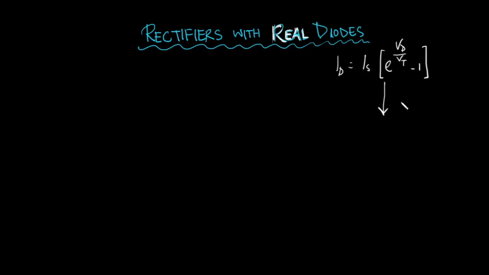So the approximation for real diodes that we will be using in the following lectures is the constant voltage drop model, or the voltage source model, of real diodes, and we will assume that the voltage drop of the diodes is about